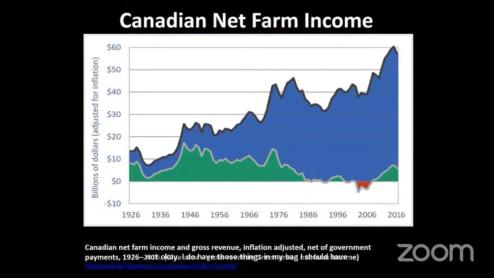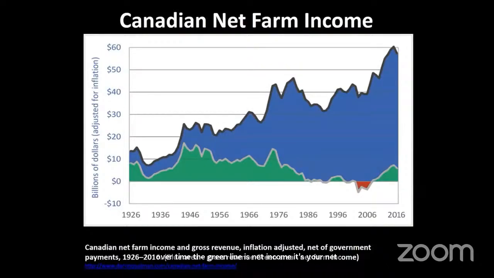But anyway, if you have a look, this goes from 1926 to 2016, this 80-year period here. If you look right up to about 1970, you'll see the blue line, or the blue area, is actually the gross revenue earned from agricultural production. So it goes up and down depending on the seasons, on commodity prices and all that sort of thing. We're aware of all these changes that happen to gross revenue over time. The green line is net farm income. It's your net revenue back on the farm.